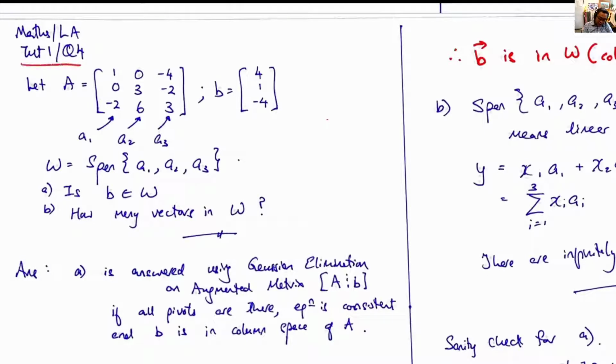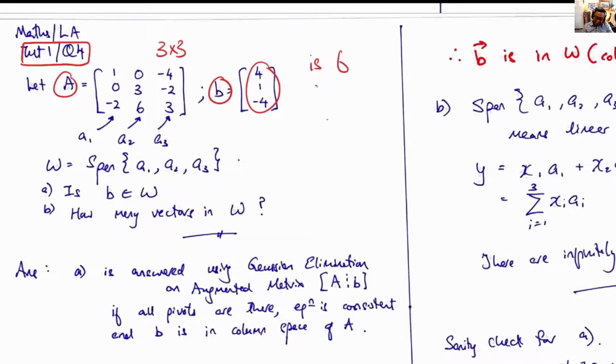This is tutorial 1, question 4. We are given a matrix A, and matrix A has 3 rows by 3 columns, so it's a square matrix, 3 by 3. And we have a column vector B, which is a 3 by 1. The question basically asks